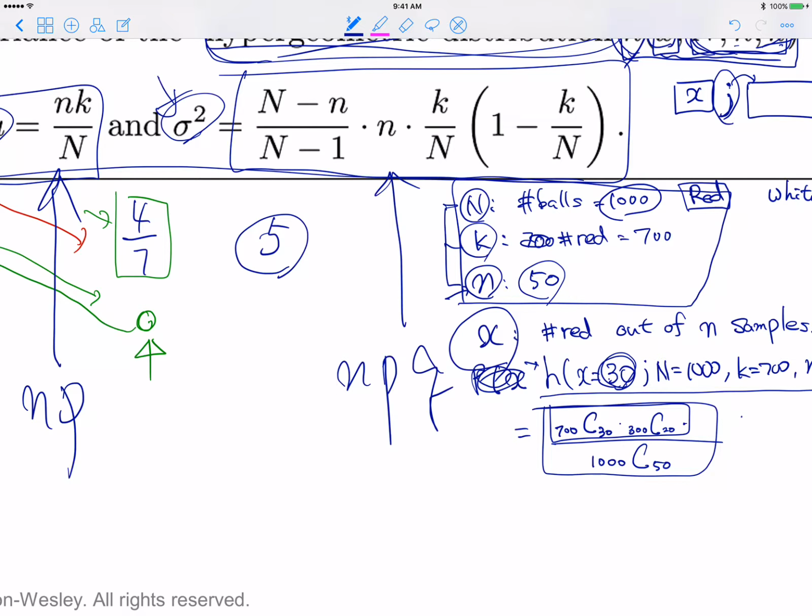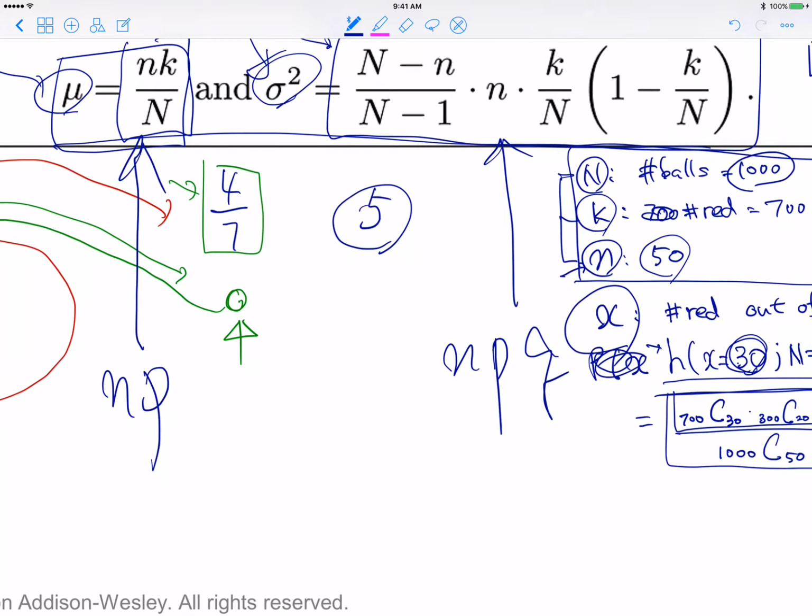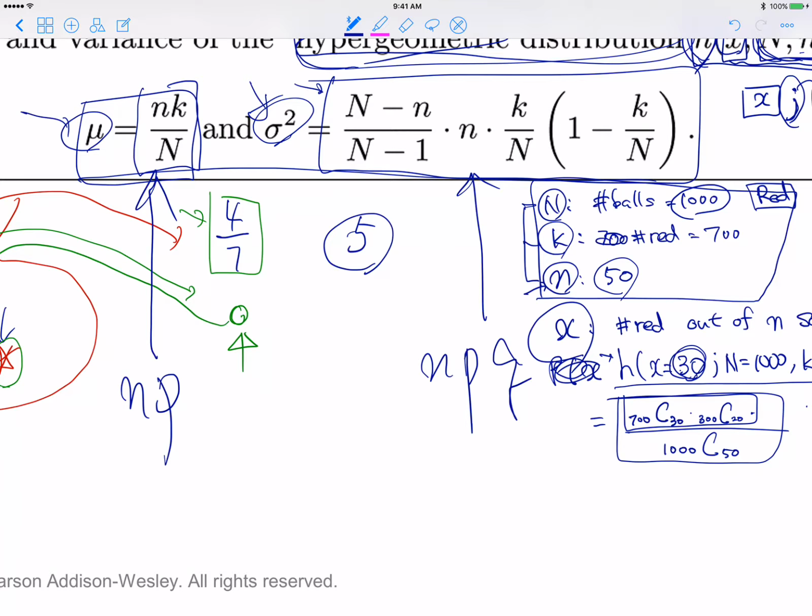Then mu and sigma squared can be computed in this form. We do not study how to derive or prove these equations, so you can memorize them, but to help you understand how they are correct,